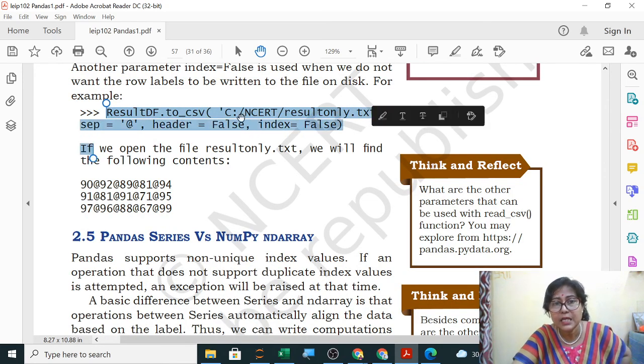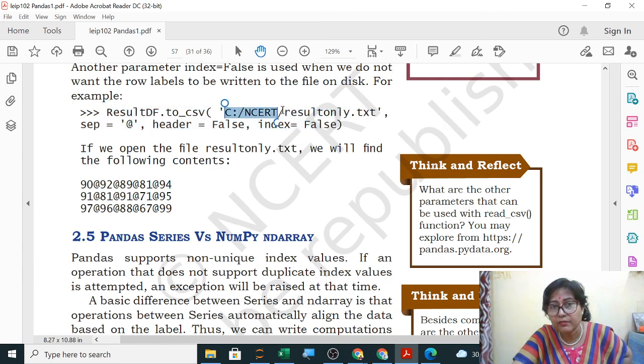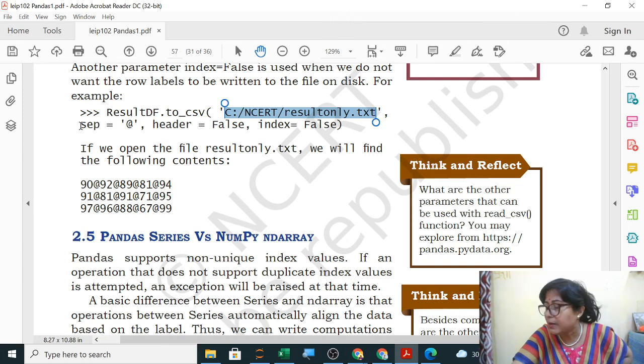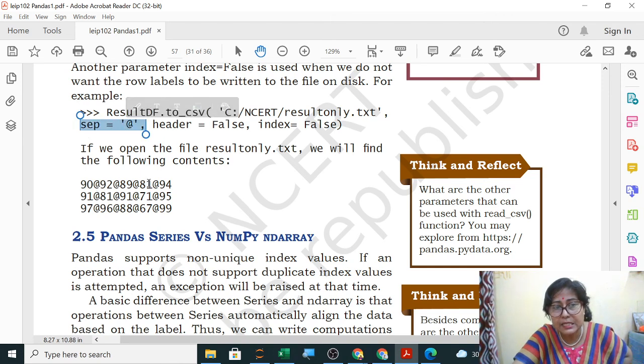Now here you can see the path you have given where the file is. Then the separator, by default it is comma separated value. So by default it is comma. But if you want to mention any separator, you will write there the separator. Header is false, index is false. So in this case no header and no index is there.